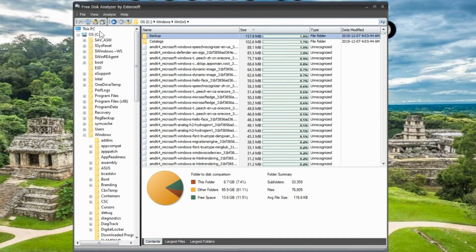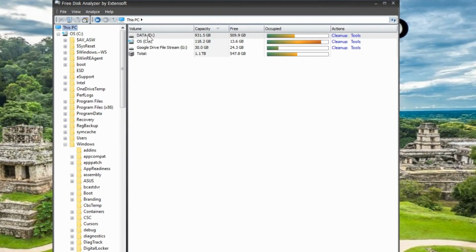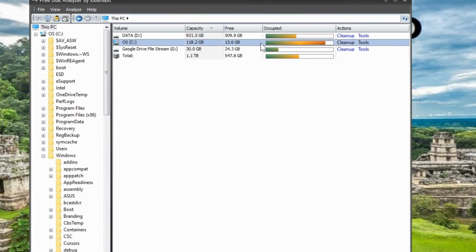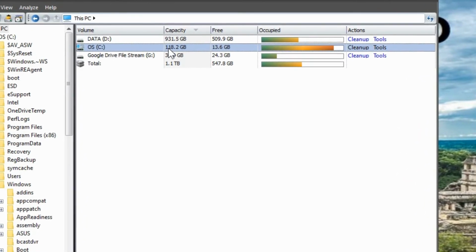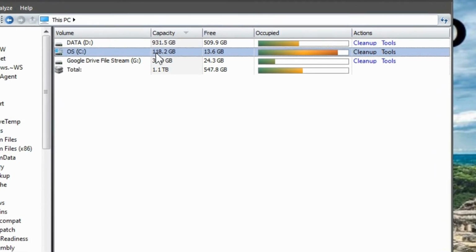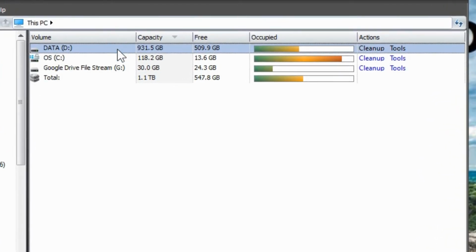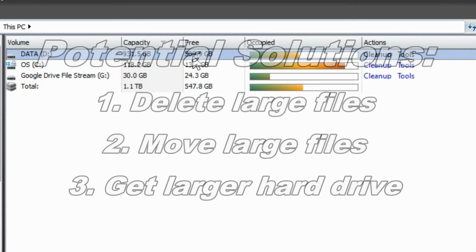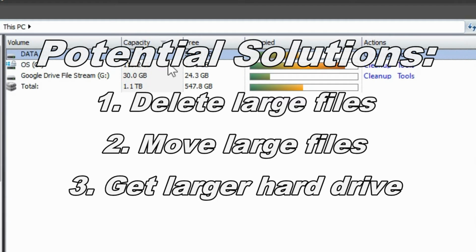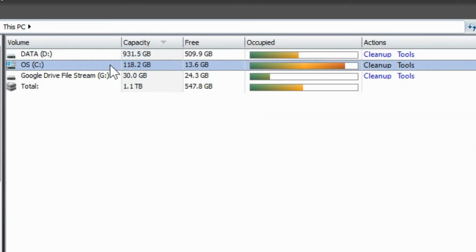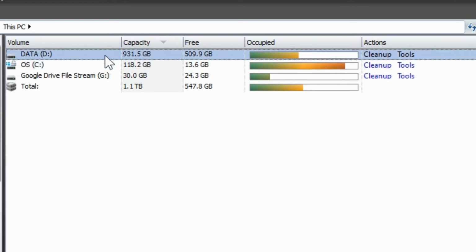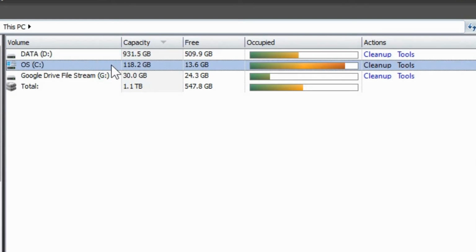But in a case like this, it might be that the drive is full really because it's only 120 gig capacity. So it's actually a very small drive to begin with, and that's why there's a second drive here that's a terabyte and it's already half full. So it kind of helps to find the files here, and if your drive just happens to be very small,